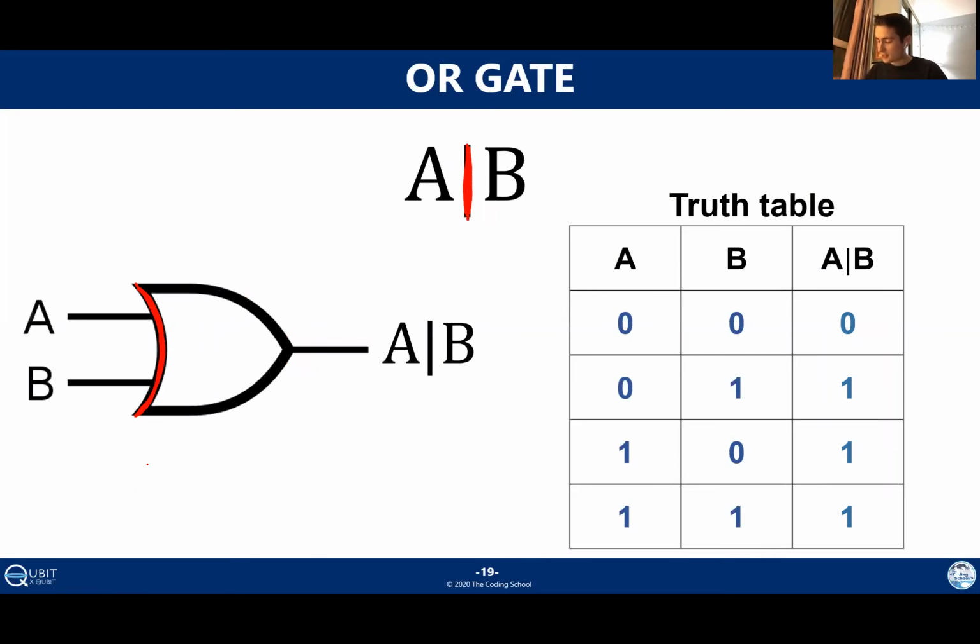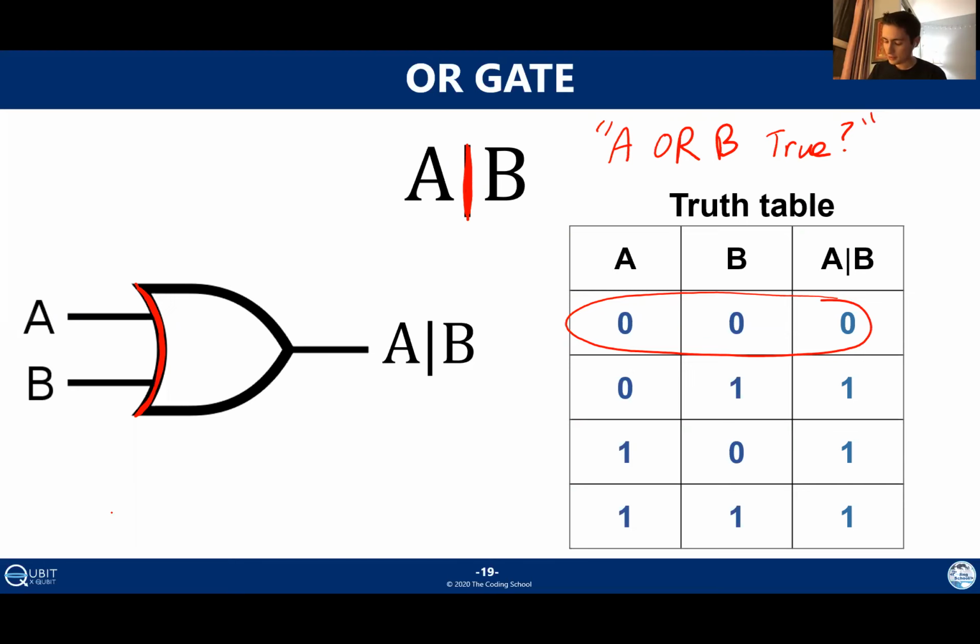With all of these logic gates, to some extent, you just have to memorize what the truth table looks like. For this one, what you can memorize is that only the row with 2 zeros as the input will be 0. Every other row has 1 as the output. If you liked the true-false analogy that we had before, you can think of this as asking, is A or B true? If A or B is true, then you're going to get a 1 in your truth table. Otherwise, you get a 0.